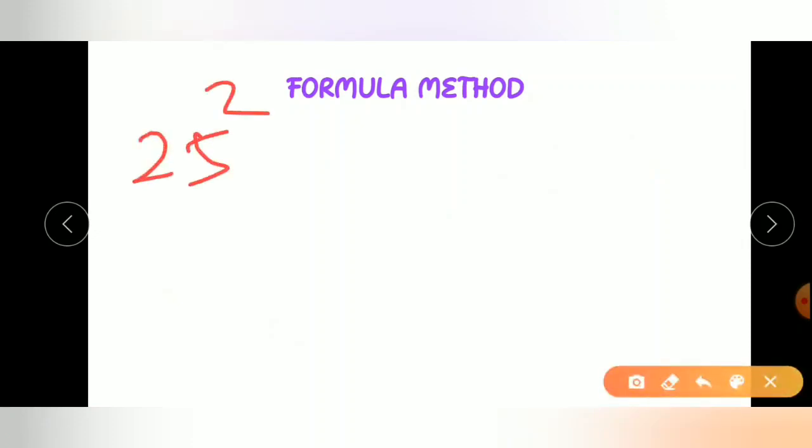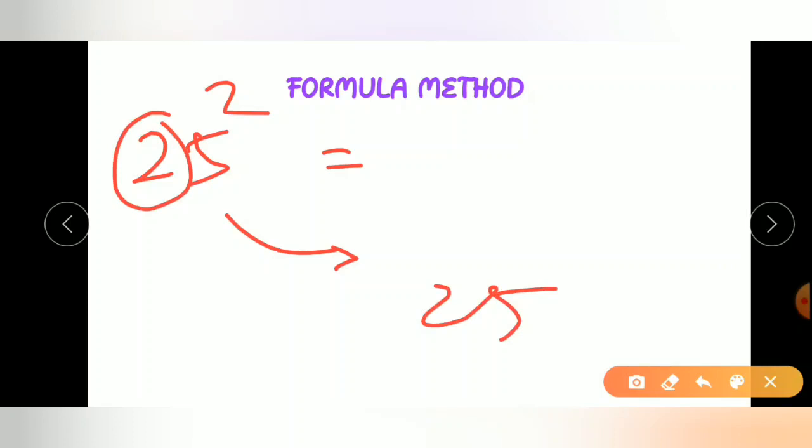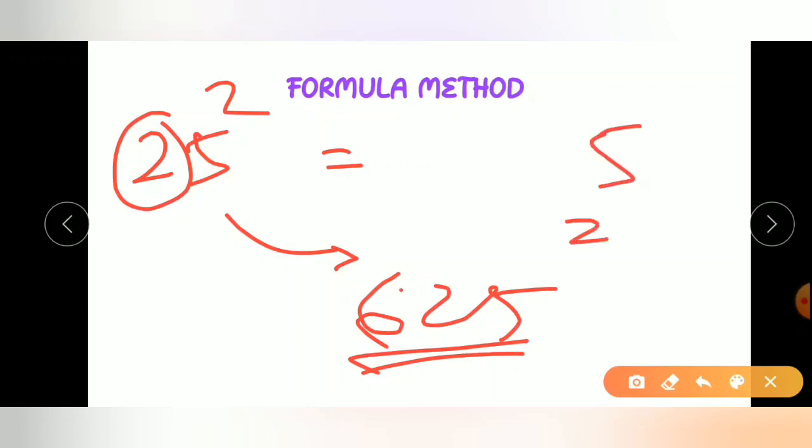And finally, the last one is the square of 25. This can be done very easily by using the special formula. Square of 5 is 25, put 5, carry over 2. The tens digit is 2, so multiplying by its next number, 2 into 3 is equal to 6. In that formula, 2 into 5 is 10, 20 plus 2, 22, put 2 and carry over 2. Square of 2 is 4 plus 2, 6. So 625.